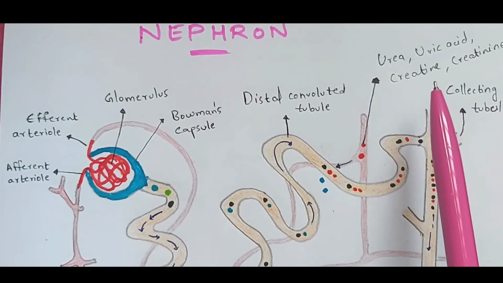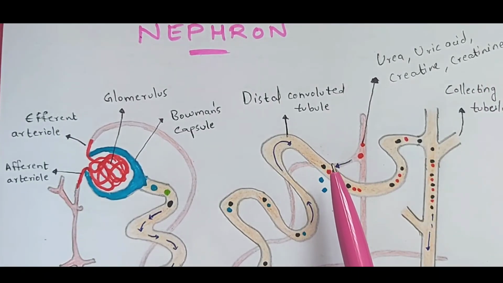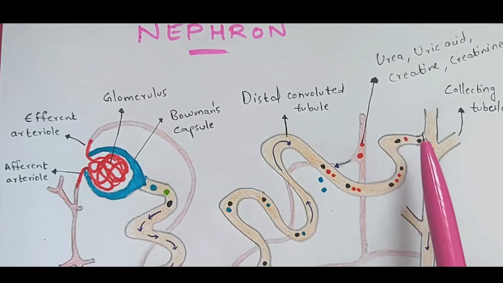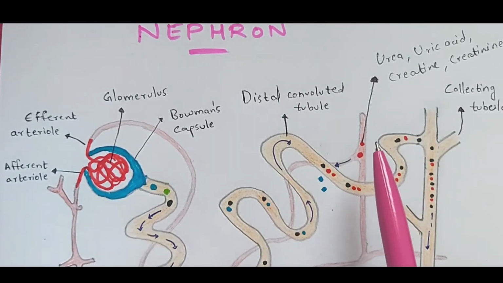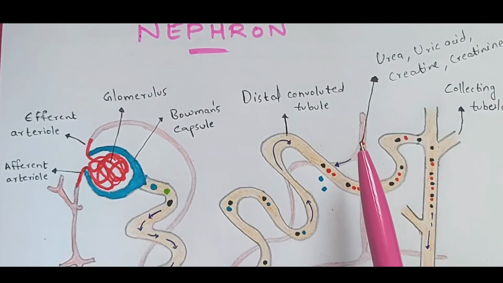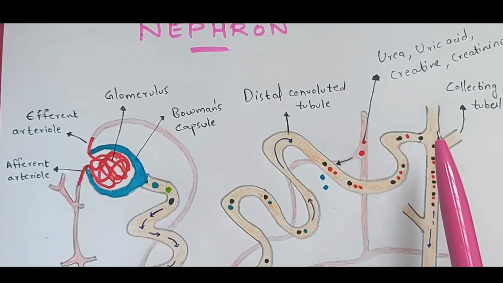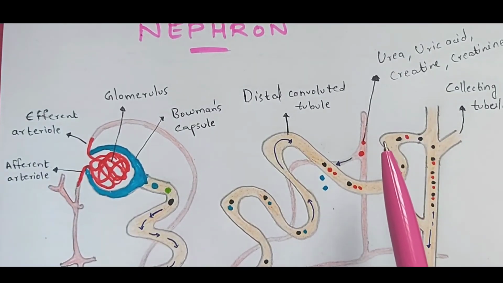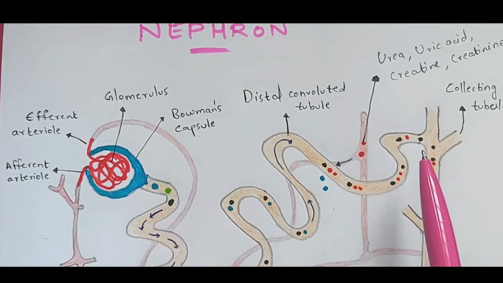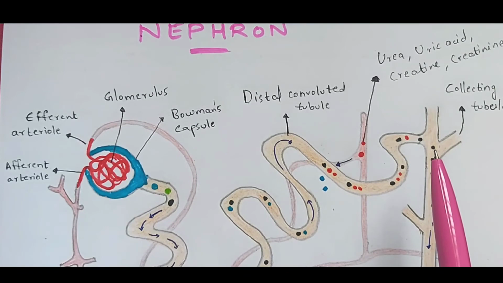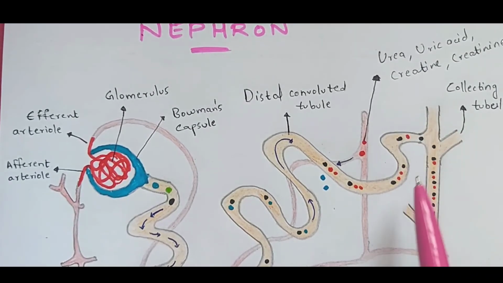So this urea, uric acid, creatinine, and the 10% of water as well as the waste material which is present, all of these things will move towards this collecting duct, right? And this process which has been done till now is called tubular secretion. Fine. And now all the molecules. So what are the molecules? Again, I'm going to repeat it: urea, uric acid, creatinine, certain types of ions, and 10% of water, and the waste material will be completely collected by this collecting duct, right?